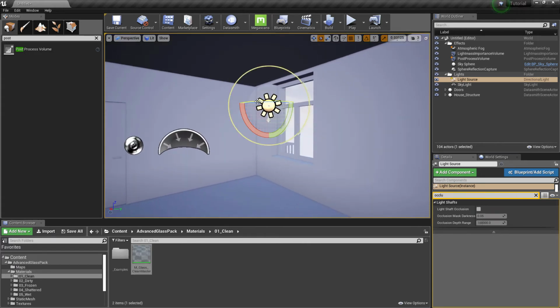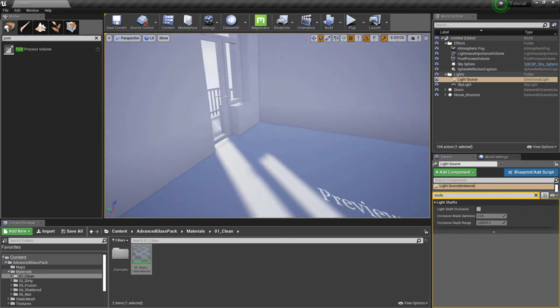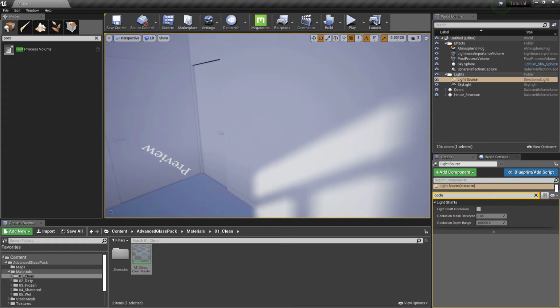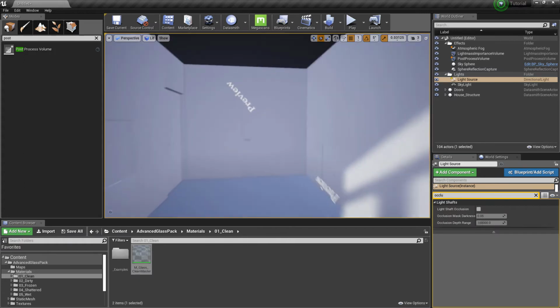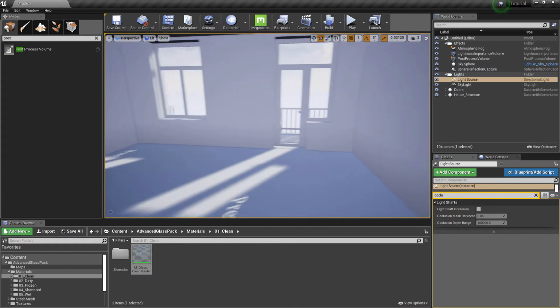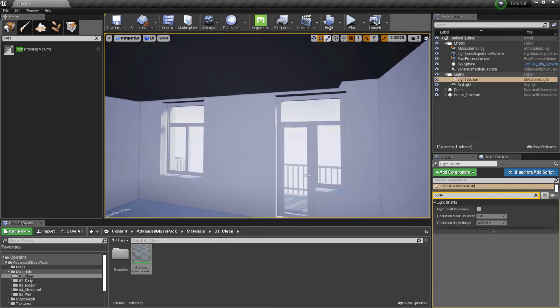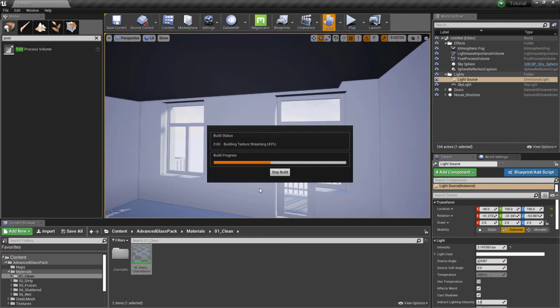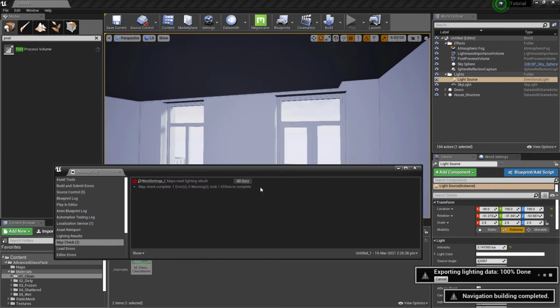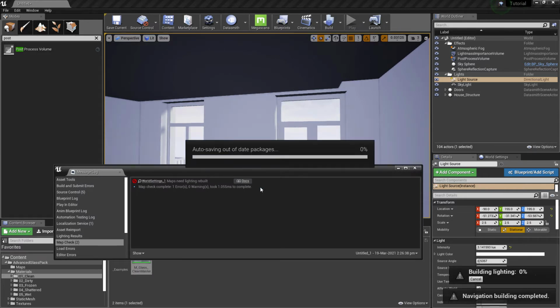Let's bring in some sunlight. I think it's enough. We can start the build now. The message log shows any errors that Unreal Engine finds in the scene.